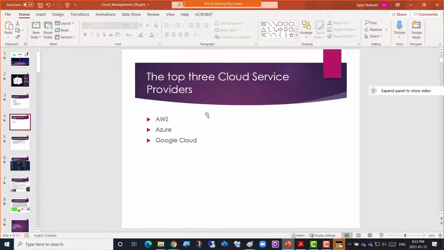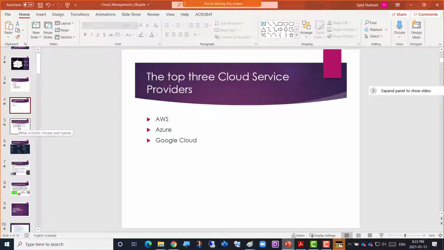Alright, so we're talking about the top 3 cloud providers: AWS, Azure, Google Cloud. They all have data centers across the planet, and they try to grab as much of the market share as they can by providing cheaper services, better services. So what are those services that they provide?